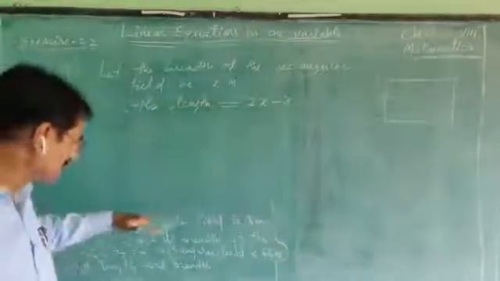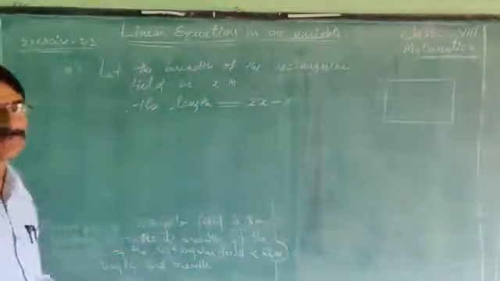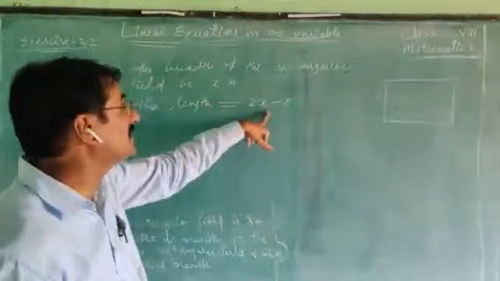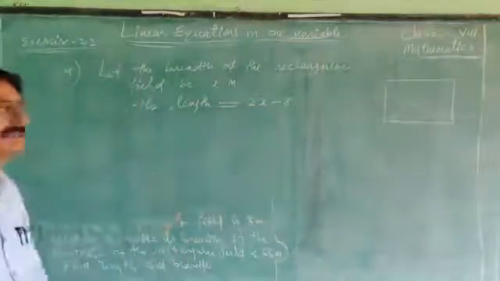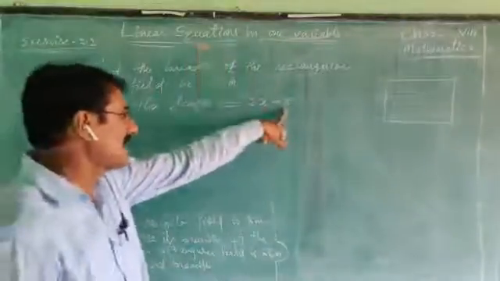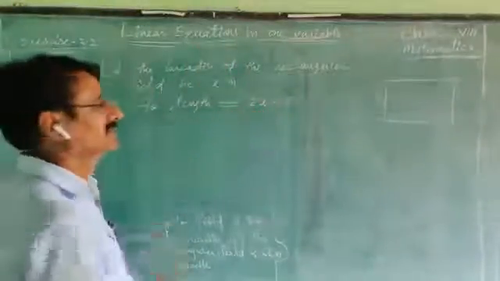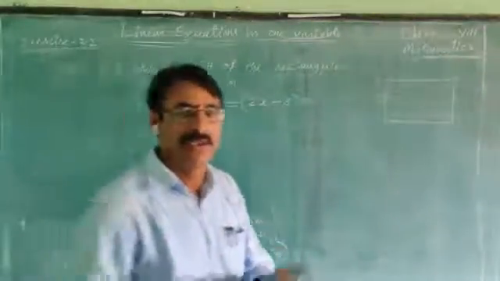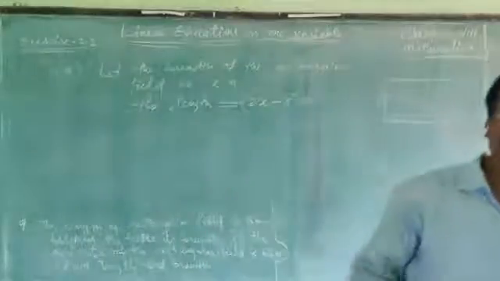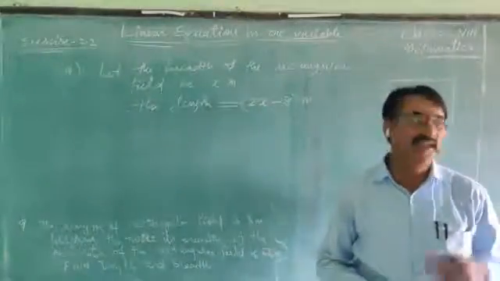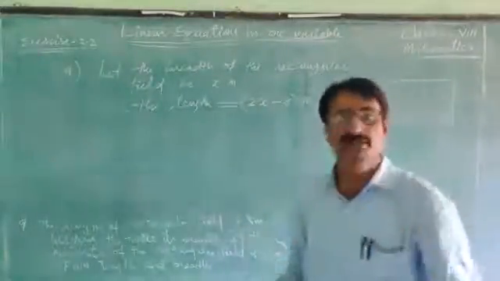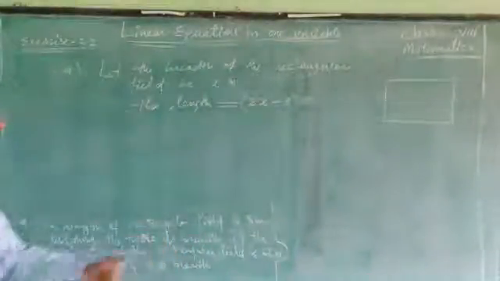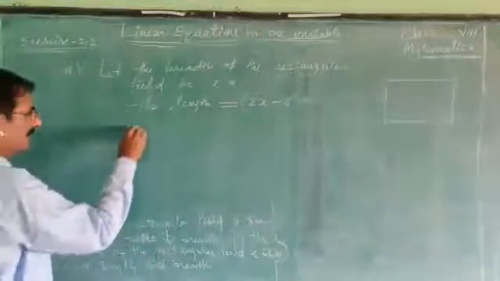How to write, you observe. As per this relation, we got this: the length is 8 less than twice its breadth, in meters. Okay. We know both length and breadth. With the help of the length and breadth, we can find either perimeter or area. Here the perimeter of the field is given. Therefore, the perimeter of the rectangular field.